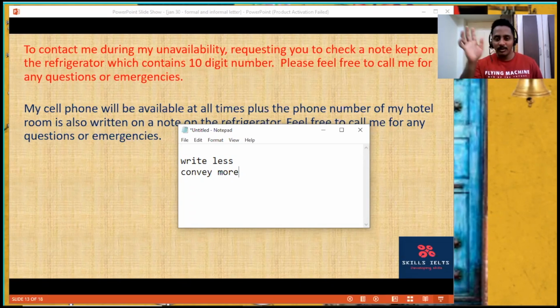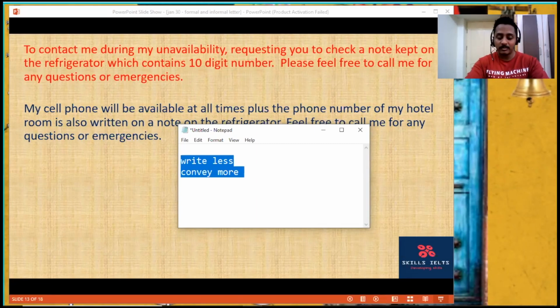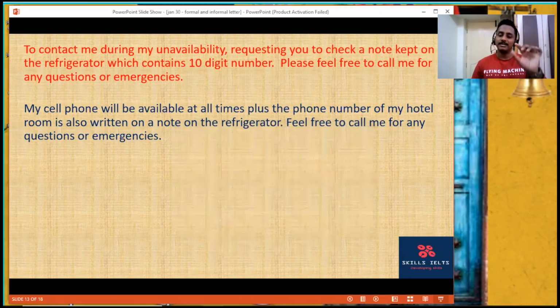That's a writing skill. So don't exceed 170 words. Once 170, 150 above you have to write. 170, 180 is fine. Some people write 240, 250. Okay, my famous dialogue: more you write, more mistakes you make. Be very, very careful. Don't simply write more. No marks given for that. This is apt: one or two sentences or max three sentences in one bulleted paragraph. Yes, Vaishali, we have noted that down. All right.